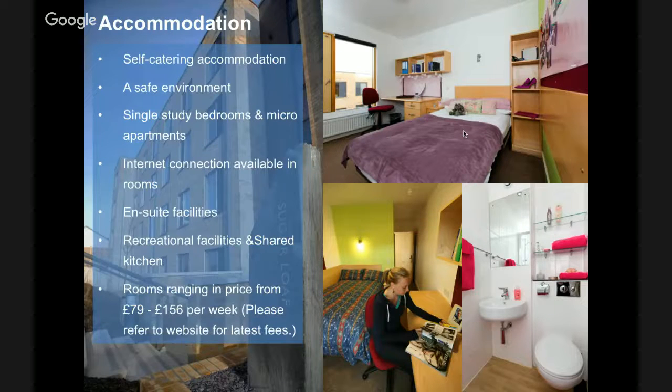Okay, so moving on to accommodation, because everybody wants to know where will I live when I come to study at the University of South Wales? Well, the first thing I would say is that we have accommodation on each of our 3 campuses. So whichever campus you choose to study on, we will be able to help you with accommodation. There are 2 types of accommodation.